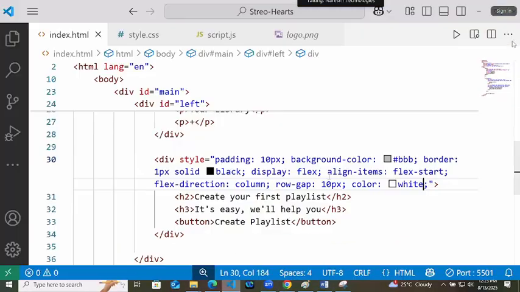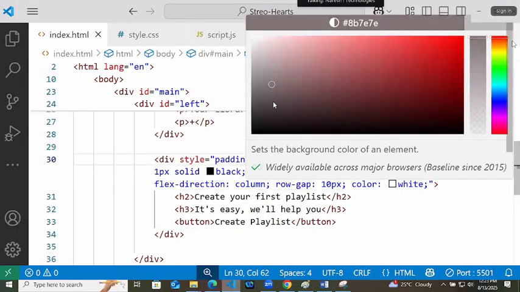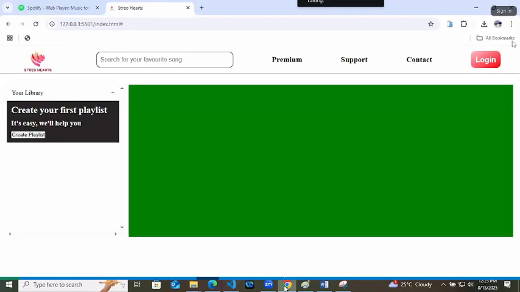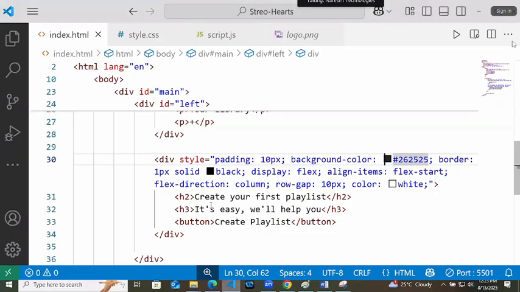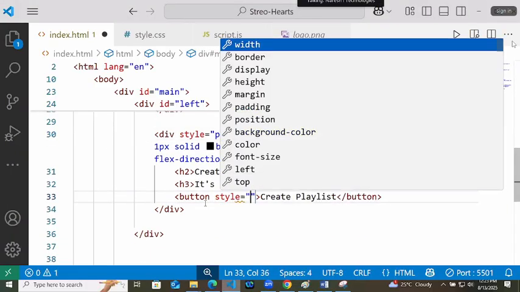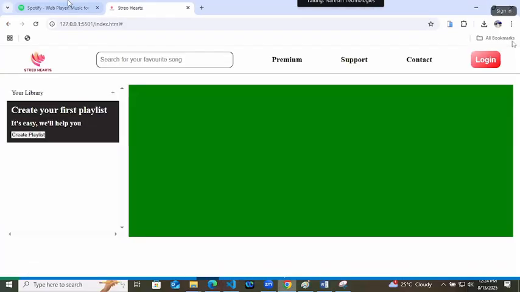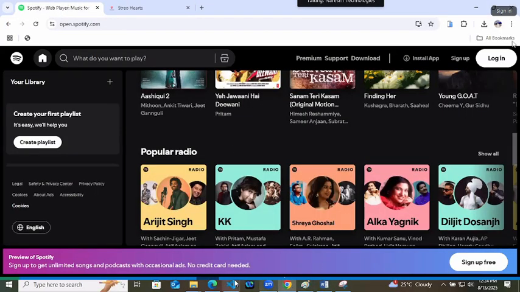That is more dark. So you can keep it more dark. Okay. And the button you can just adjust in the same way. To this button, background color. What's the background color? White and text color black.